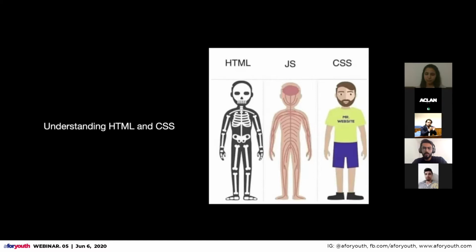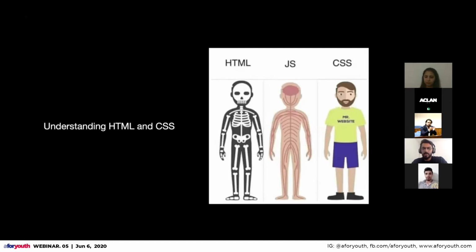Every website that you use on your daily basis, even if it's facebook.com or any other website, is made in different frameworks. You have heard about WordPress. We had a webinar about WordPress as well. Those are all tools to create these websites, but all of these websites at the end of the day are converted into these three elements, which is HTML, CSS, and JavaScript.